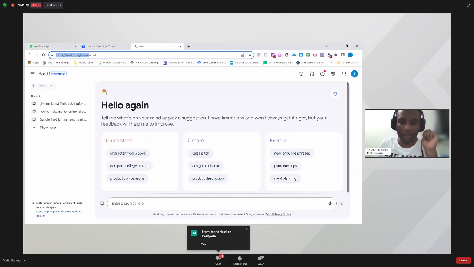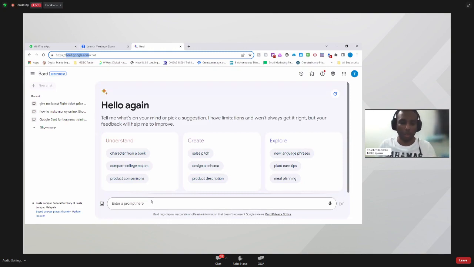So step number 1, step pertama, for all of you who want to use Google Bard: to browse from the website, the URL of this tool is bard.google.com. I repeat, bard.google.com. That's number 1, for you to access it.